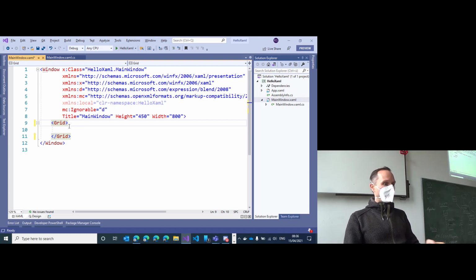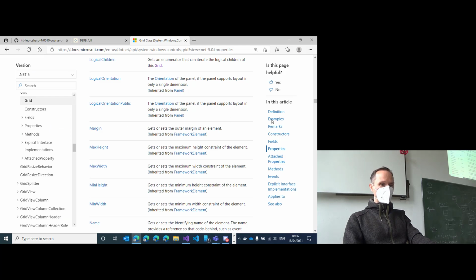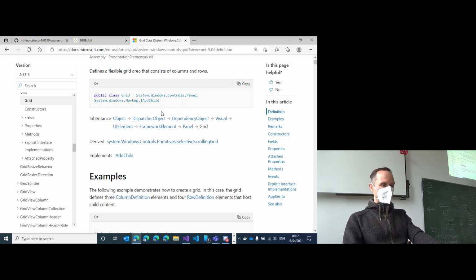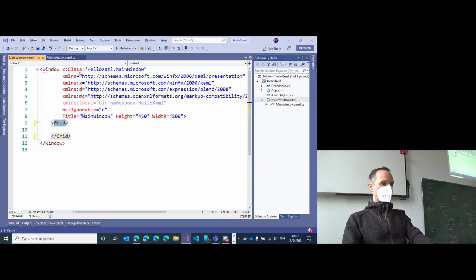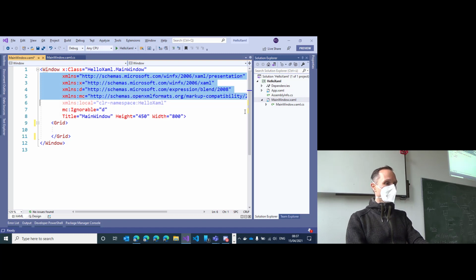Now, here it says just Grid. But if you take a look at the definition of the class, then you will see that this is somewhere in a C# namespace. How does the C# namespace become available inside of our XAML file? And this comes from that xmlns up here. So these xmlns declarations are a mapping inside of XAML where XAML knows, okay, if I have this XML namespace,